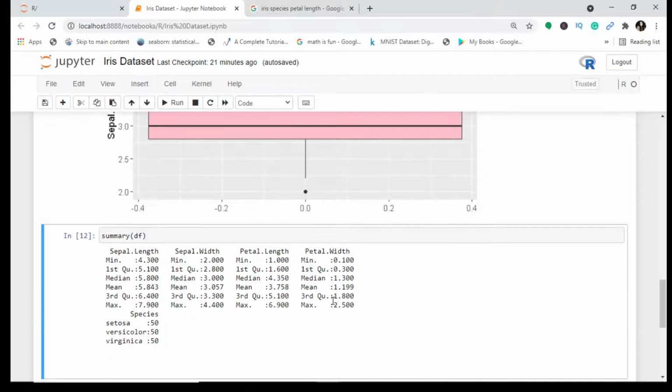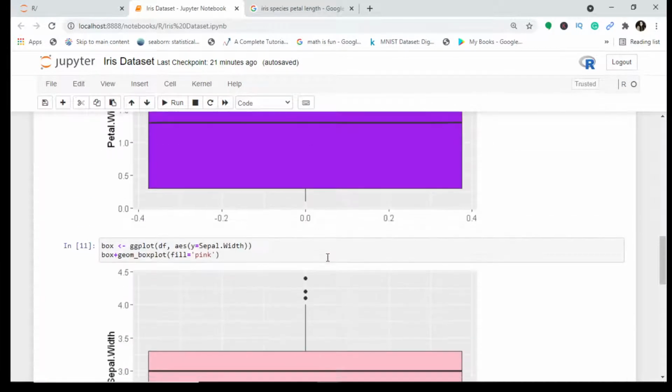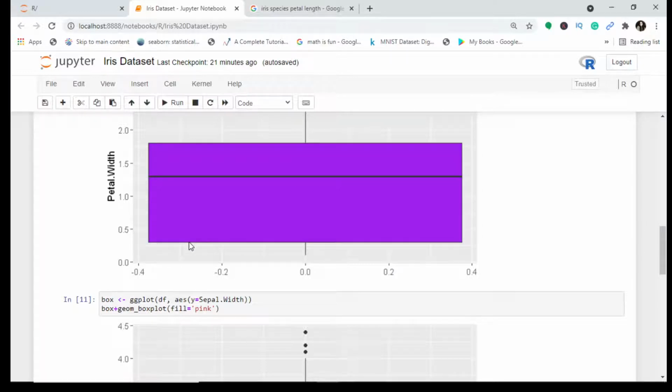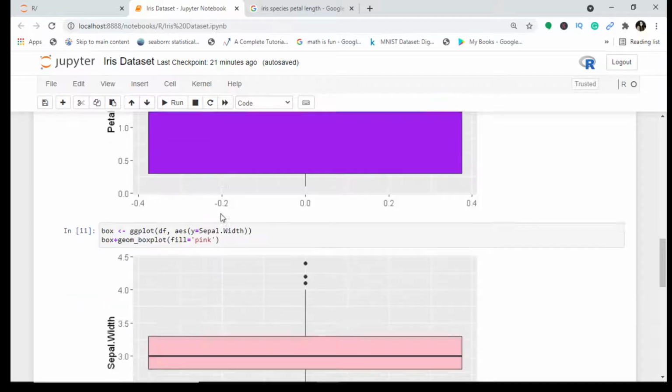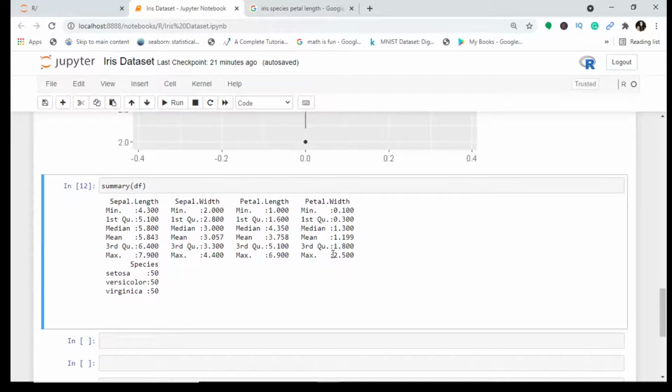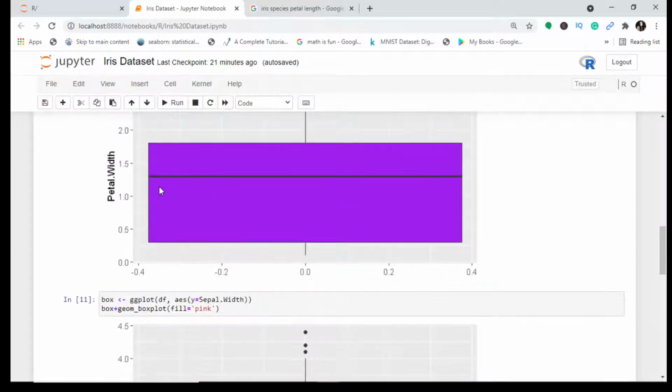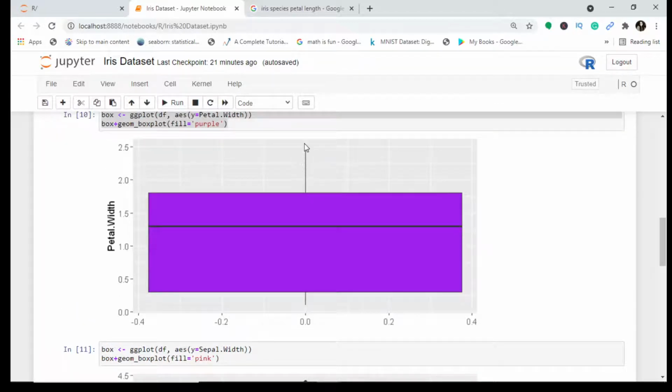Now petal width, as you can see, the minimum is 0.1, which you see here. The maximum, that is the outer boundary, is 1.8 or something. The median is 1.3, and these are the whiskers, that means the spread of the data, and we see there are no outliers.